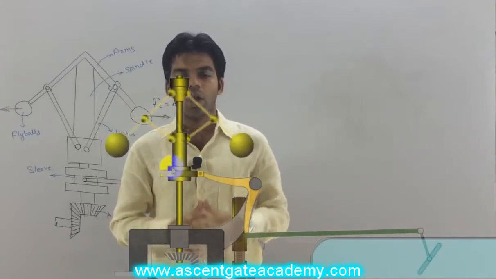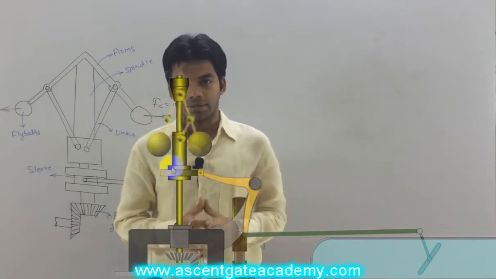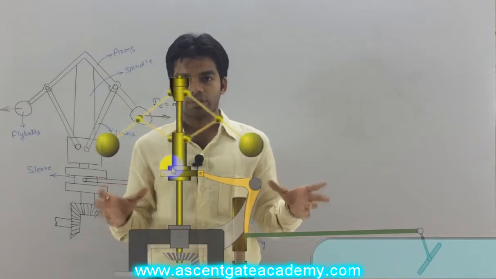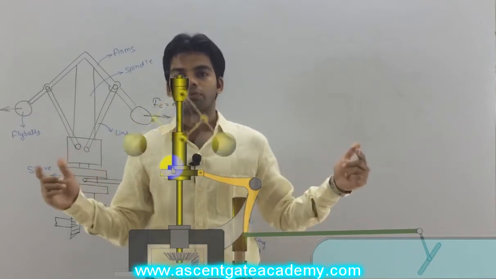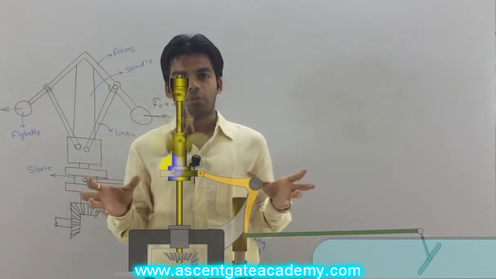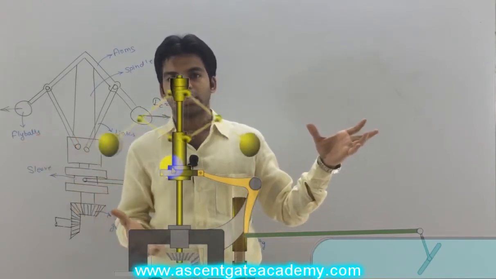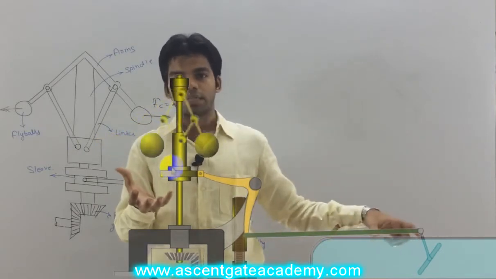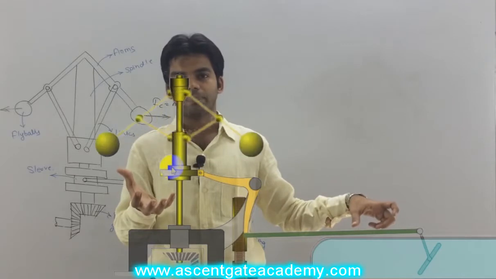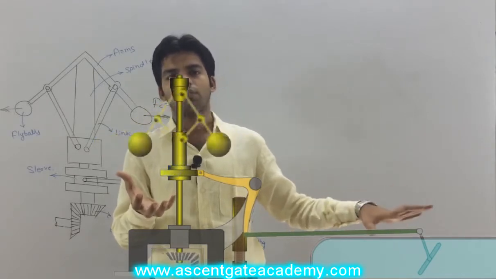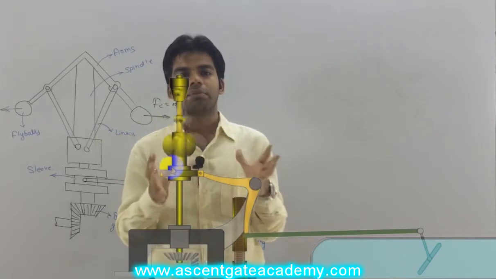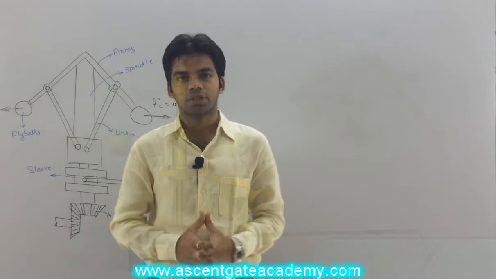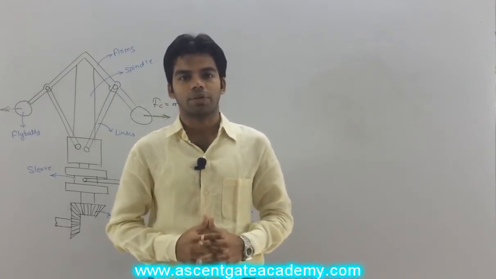On the contrary, if the load is decreasing, what will happen? Now the speed of the spindle will increase, the speed of the fly ball will increase, and more centrifugal force will be acting. So the fly ball will tend to move outwards, which will further raise the sleeve. Through this sleeve the throttle valve is connected with the help of a bell crank lever, so the throttle valve will get closed. That means less working fluid will pass and the speed can be maintained. So this is the complete functioning of this centrifugal type of governor.